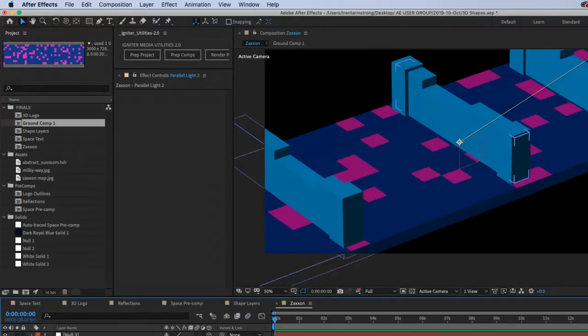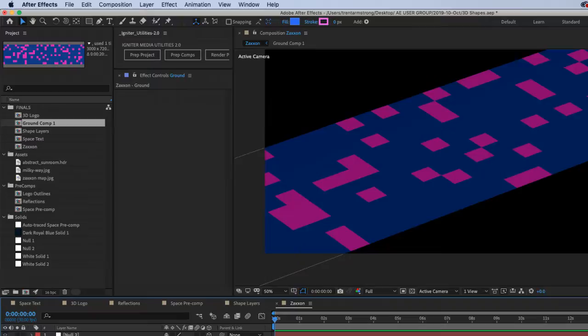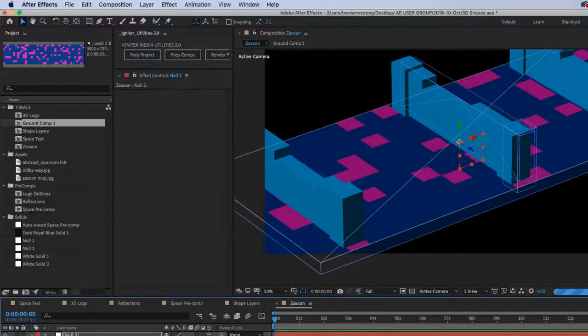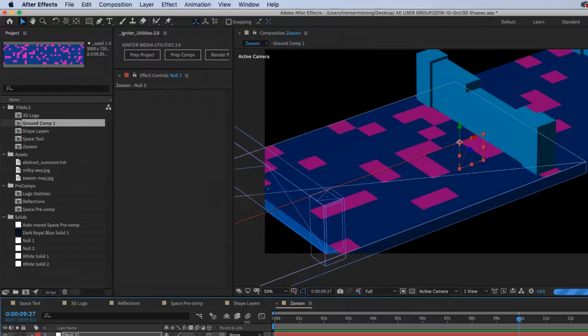So extruding the whole thing? Say that again, Mary. It's extruding the whole thing? So I extruded only this ground layer, and it's sitting underneath that 2D layer. Okay. So now I have my null object that does all my movement for me, because I'm only going left to right on here like that.